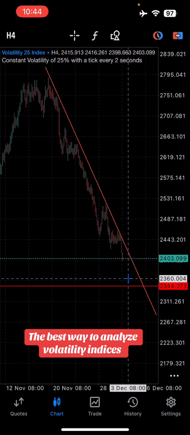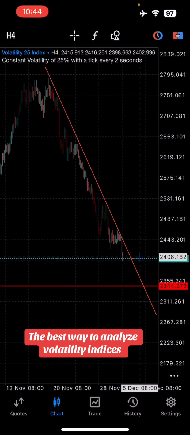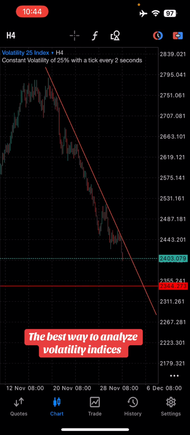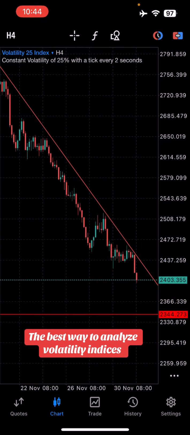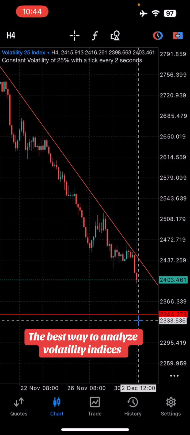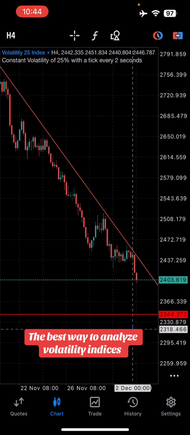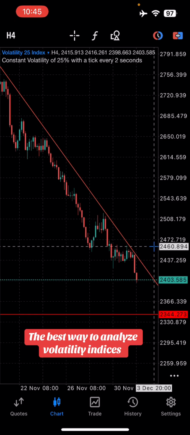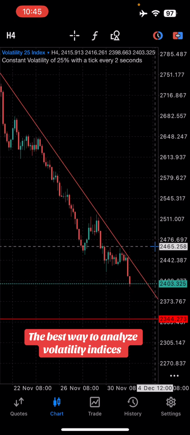So you need to wait for the market to break out of your trend line before you look for a buy opportunity. Sometimes if you buy here, the market will take your stop loss, maybe up to this level, before going to the upside. So to avoid that kind of fake breakout,